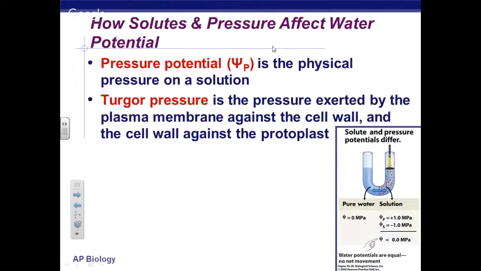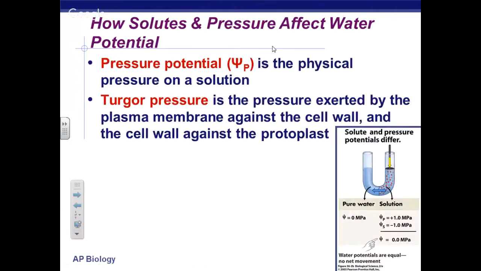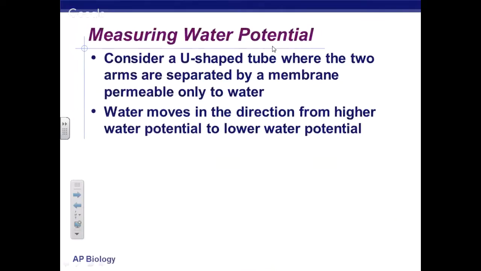What's wrong? Yeah. What did you say about the solute potential being negative? It's always negative. Anytime solutes are added, it makes the solute potential go to a negative number. It's always negative if there's solutes there. The highest number that solute potential can ever be is zero. Can you have a negative pressure? You can, yes. And that would be a situation in which